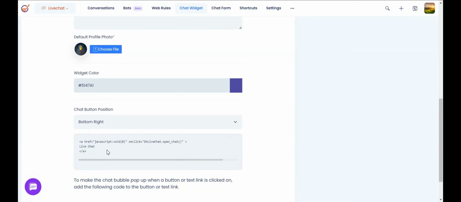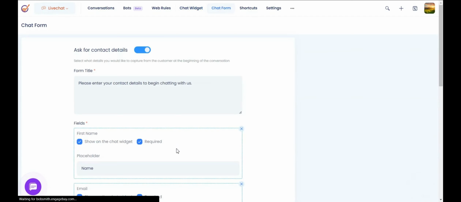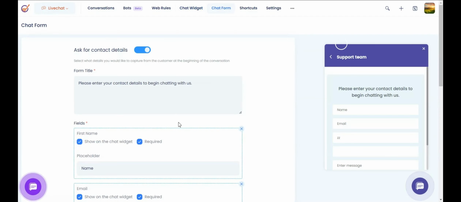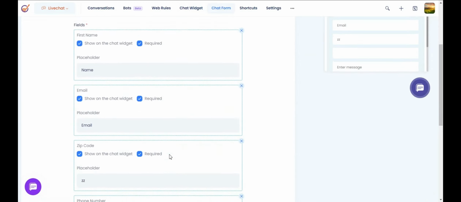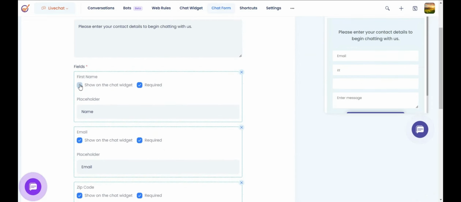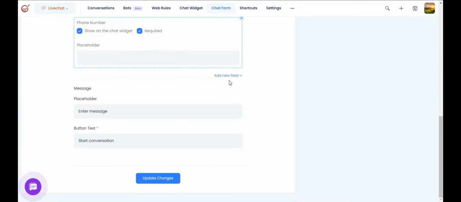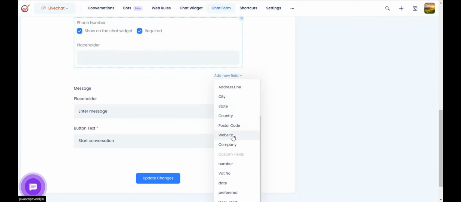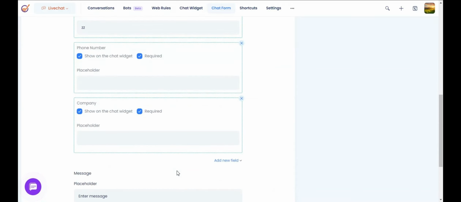Once somebody clicks on a button or maybe a text link that you associate to the chat widget, and what kind of details you want to capture on the chat form, you can set that up from here. You want to ask them for their name, email address, you have all those options, so you can choose to. If you don't want to capture their name, you can uncheck that and the name field is gone. If you want to capture that, you can add that. You want to add more fields, you have all the options to add other fields as well that you think are important for them to enter before